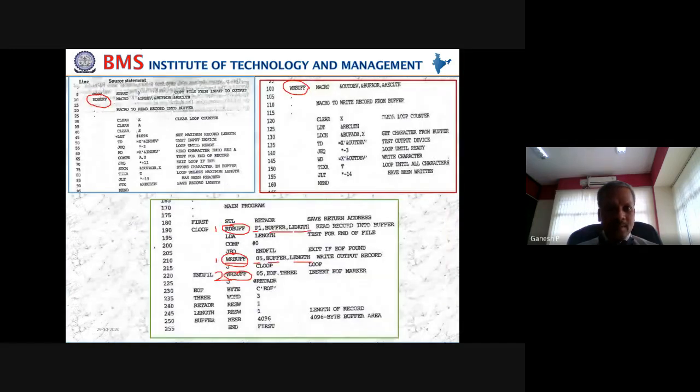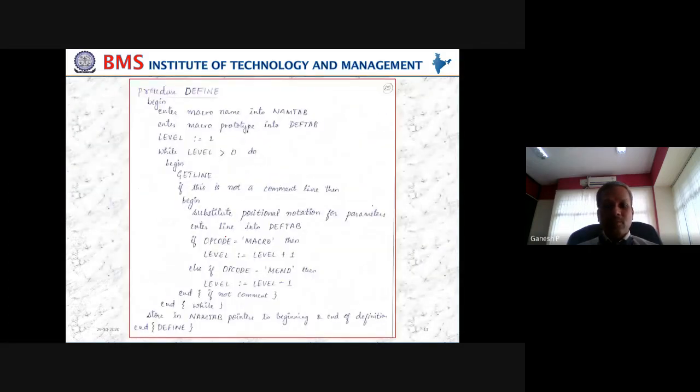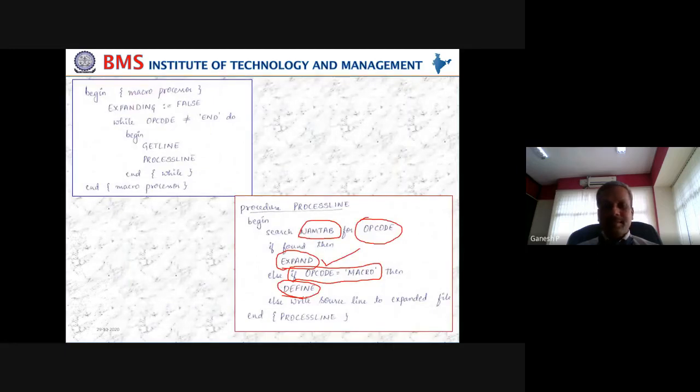So if you look at the program, name of the macro will be here in the label column. So in the label column, we have a name, but a macro is opcode. If opcode is macro, it is nothing but the definition of a macro. So if that is the case, we have to expand or we have to work with the definition table, that is defined. So if it is found, it is invocation and hence we go for expanding. If opcode is macro, then we have to define. Else it is not call, it is not a definition, then it becomes an error.